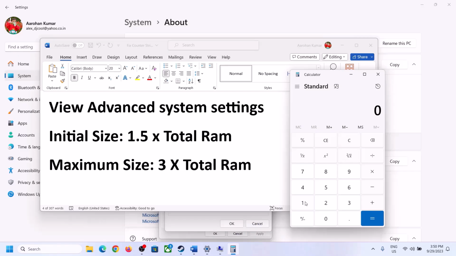So 16 into 1024, because 1 GB is equal to 1024 megabytes. So 16 GB in megabytes will be 16384. Into 1.5, that is 1.5 into total RAM. So in my case initial size is